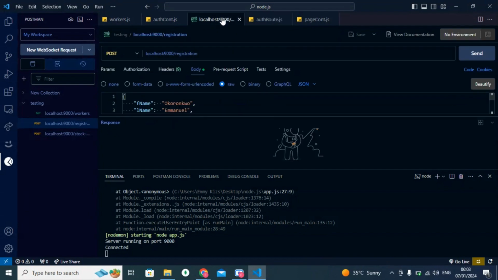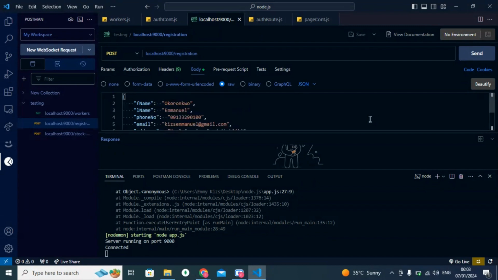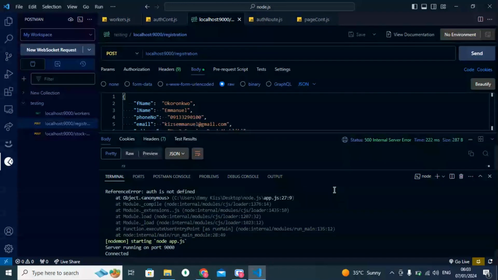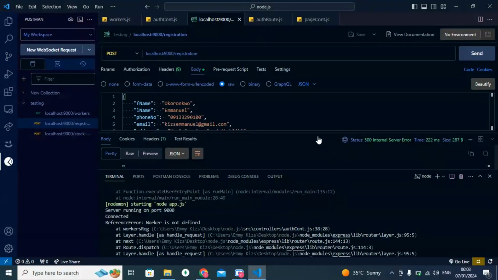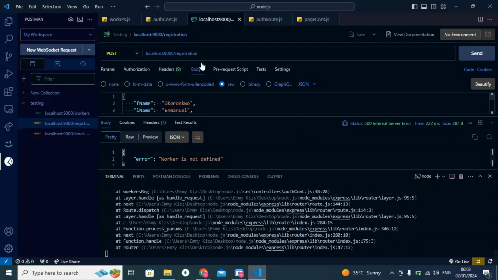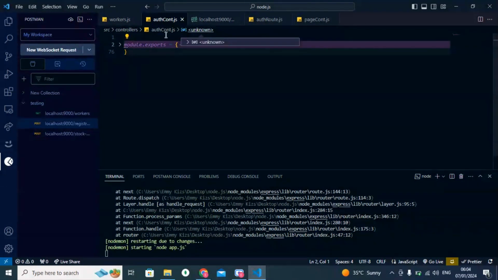I just need to register a new worker, so I'm going to send this request. Worker is not defined. Why is it throwing an error that worker is not defined? We need to